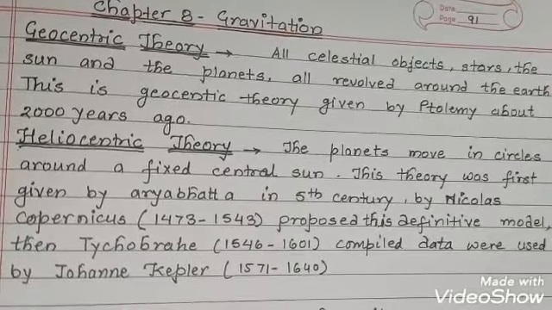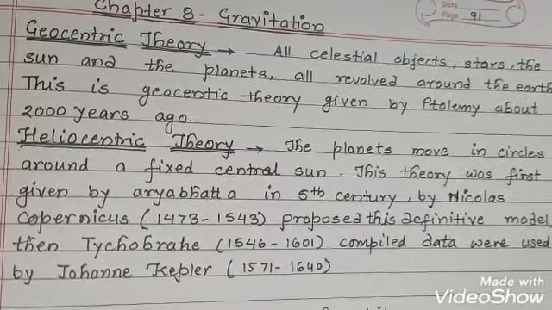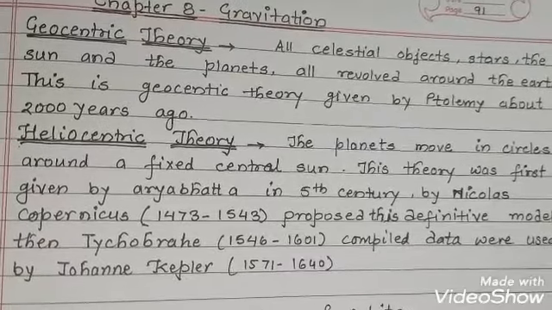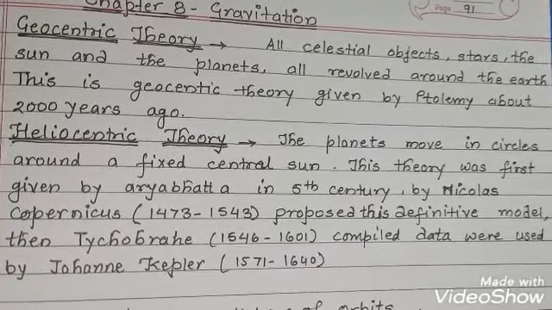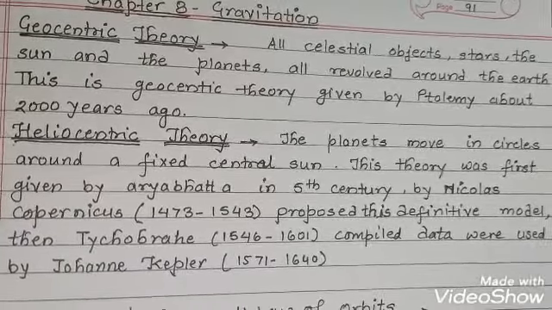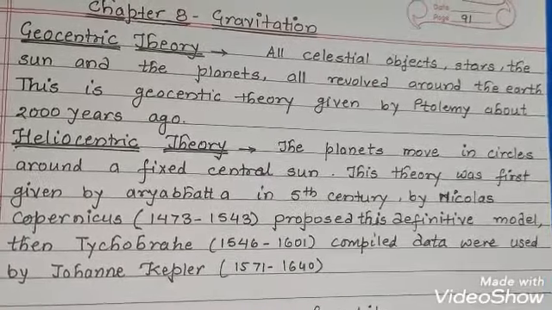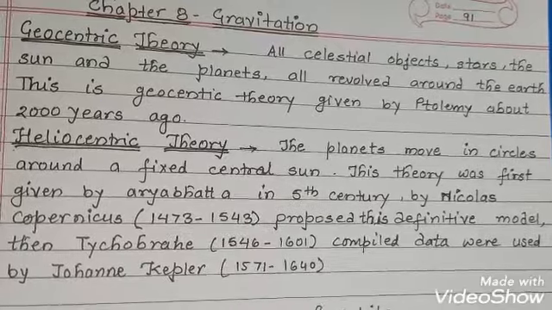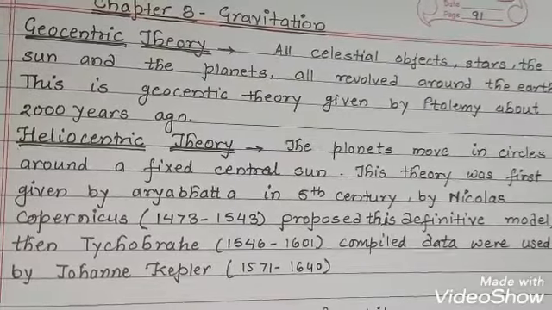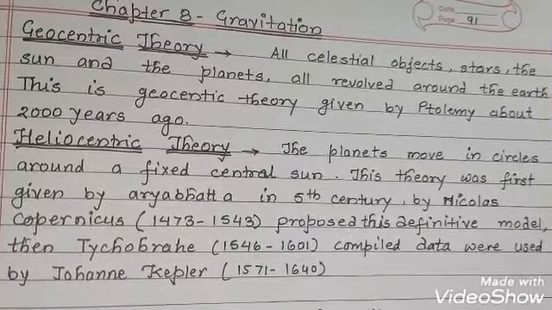1,000 years later, a Polish monk named Nicholas Copernicus, from 1473 to 1543, proposed a definite model in which the planets move in circles around a fixed central sun. His theory was discredited by the church, but notable amongst its supporters was Galileo, who had to face prosecution from the state for his belief. It was around the same time as Galileo that a nobleman called Tycho Brahe, 1546 to 1601,